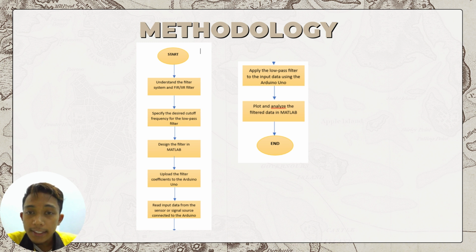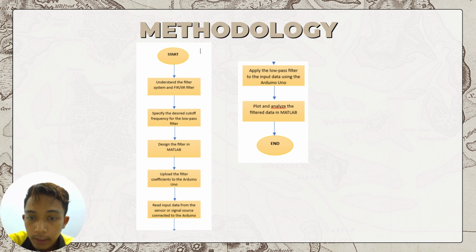Next, this is the flowchart for our project. First, we must understand the filter system and FIR or IIR filters. Next, we must specify the desired cutoff frequency for the low pass filter, and then we design the filter in MATLAB. After we design it, we must upload the filter coefficients to the Arduino Uno, and then the Arduino